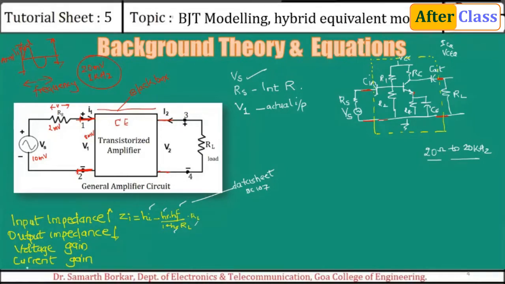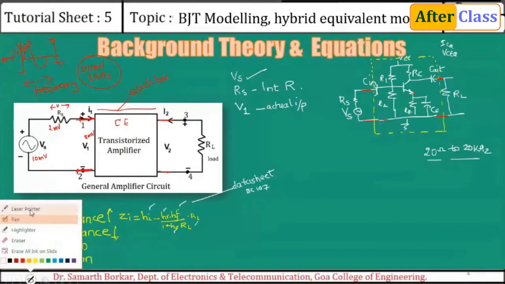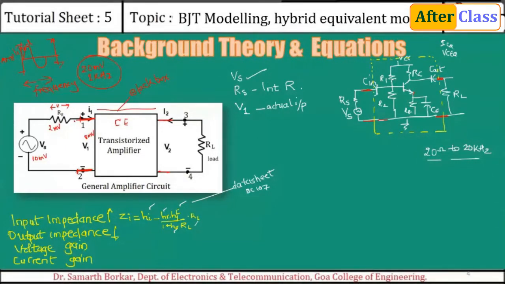I hope you people are understanding these fundamentals. This voltage is denoted as V1. This voltage is denoted as V2. And here we are going to have output across the load resistance. Now here you see the output is almost the same because there is no resistor connected in between. So voltage across will be the same.